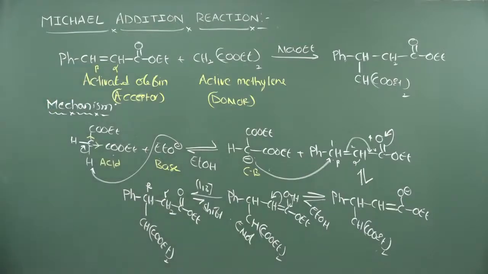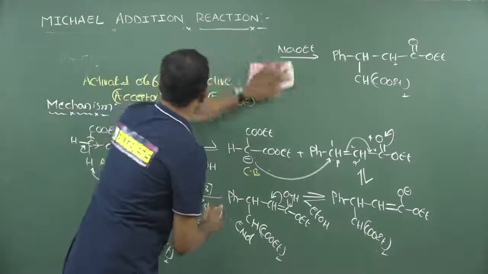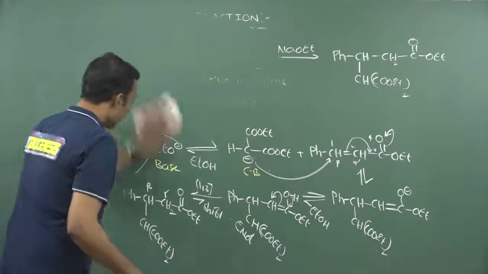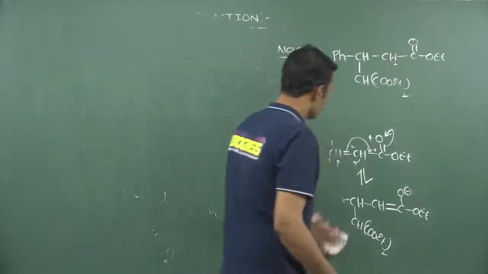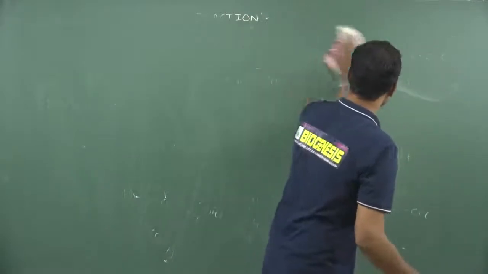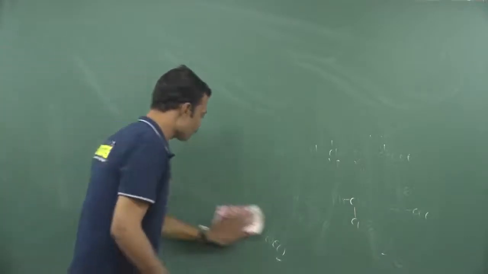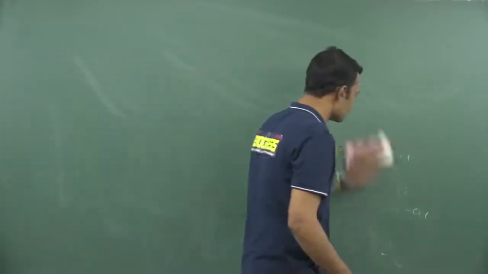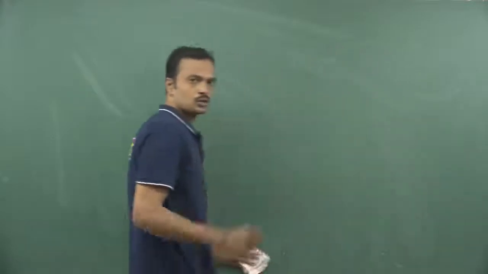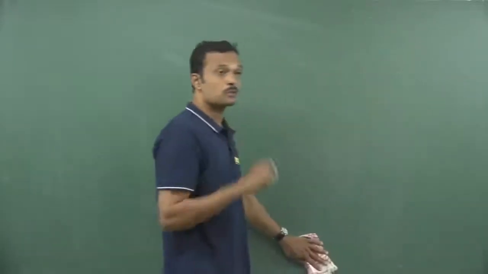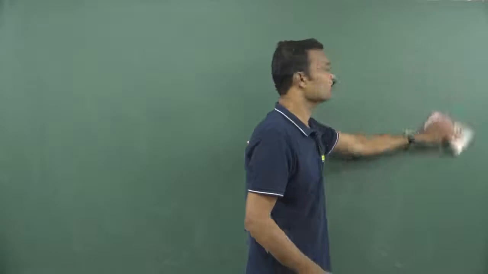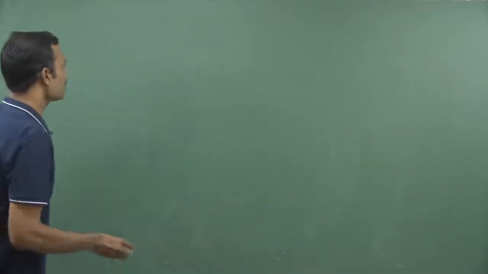Now we will see certain examples where we will find a number of donors as well as acceptors. What kind of donors are present, what kind of acceptors are available in order to identify the Michael addition type of reaction. So don't forget, if you know the mechanism and the types of donors as well as acceptors, this reaction becomes very easy. So definitely you may expect one compulsory question from this area. Why? Because if you go through Michael addition, you may also expect Robinson annulation. You can also prepare a ring formation, but we need to know what kind of donors and what kind of acceptors are present in this one.